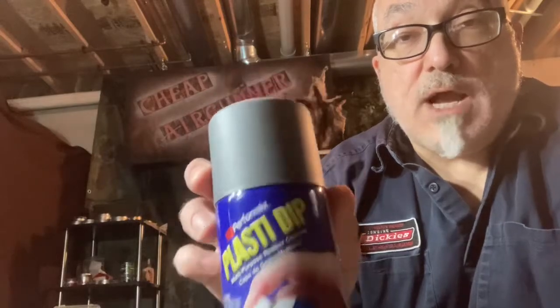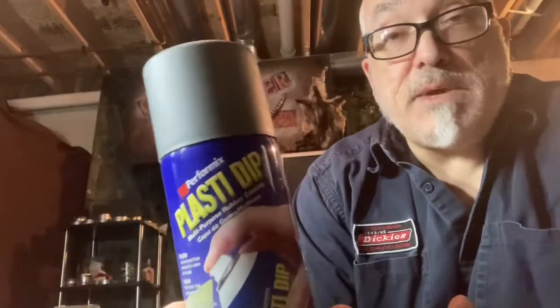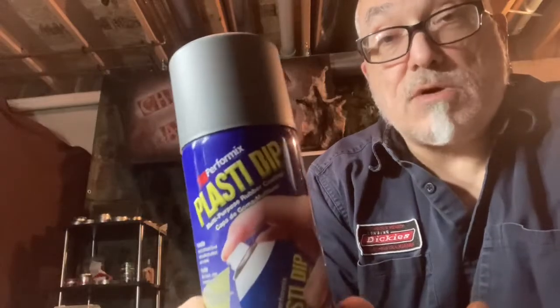It dries very quickly, so it's very important when you're done covering the area you want to cover, and you've masked obviously all the areas you don't want to cover, that masking tape needs to come off fairly quickly. You don't want this stuff to start drying out, because it will start peeling some of the areas that have been coated off of where they've been coated. It also gets thick and stringy, and you might have globs of it falling into areas that you don't want it. So definitely while it's still wet, and I would say you've got about 5 minutes after applying this where it really starts to set up,